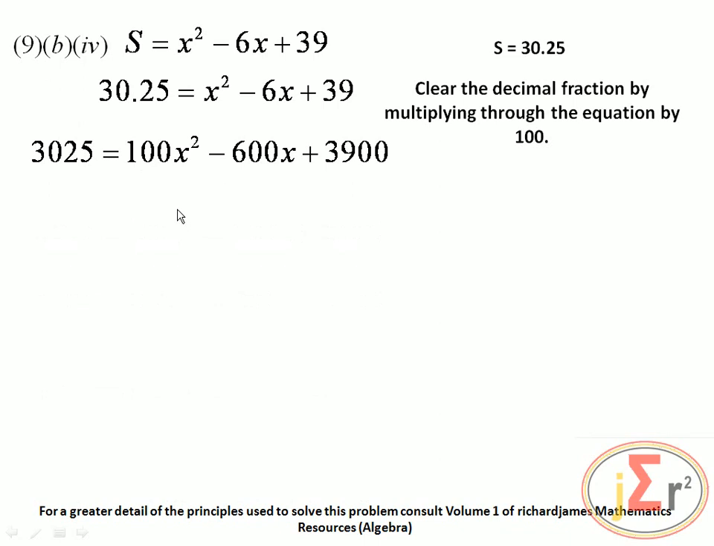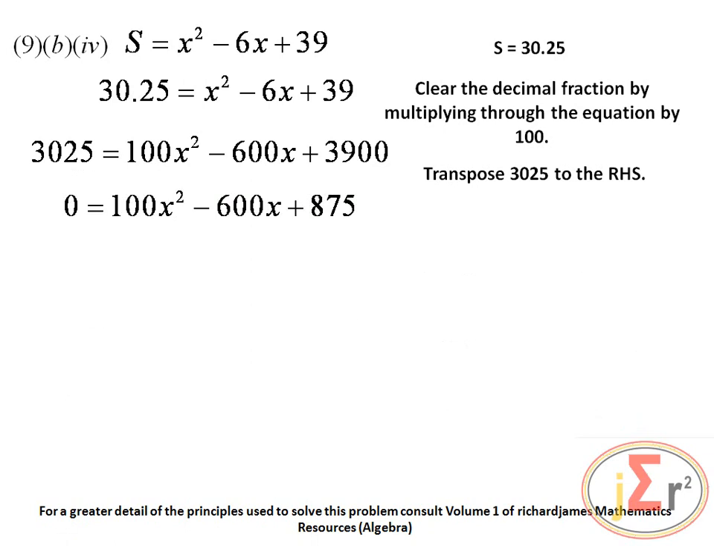But of course, we may take another step to simplify. We may divide through the entire equation by 25. But first, let us transpose the 3025 to the right hand side. By so doing, we will have